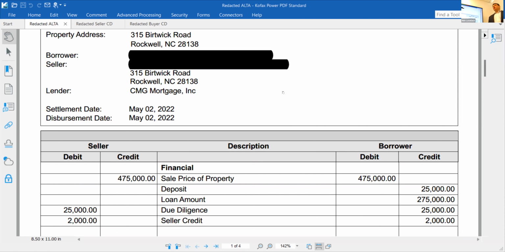So just make sure that you pay attention to those dates as well, especially if your client's doing a mail away. And if they're doing a mail away, they're probably going to rely on you a little bit more because they're not going to be sitting in front of an attorney. They're likely going to ask you to go through a document like this in order to be able to explain